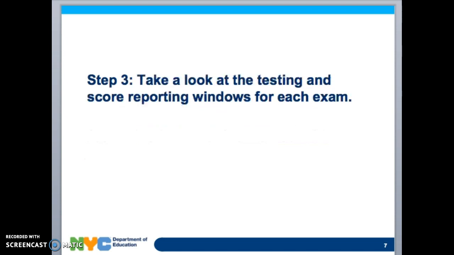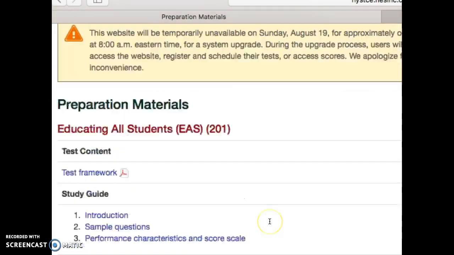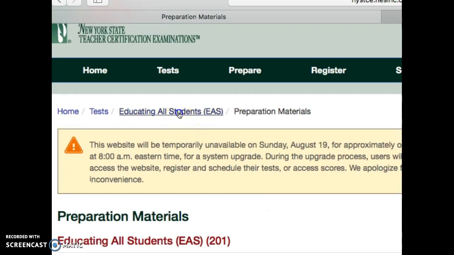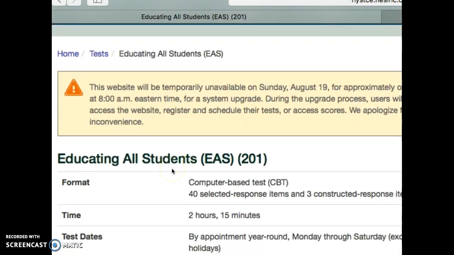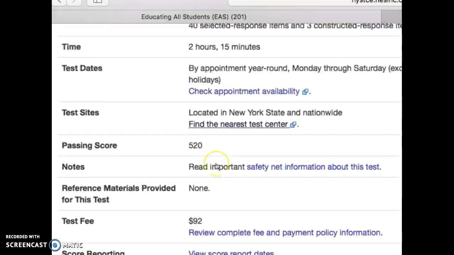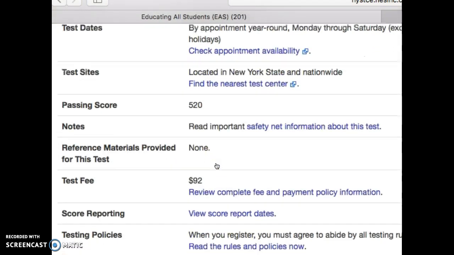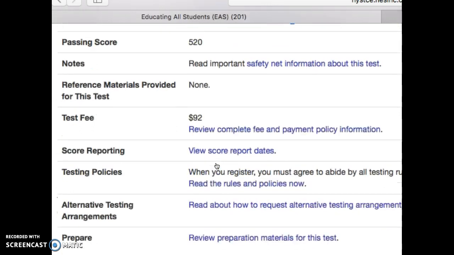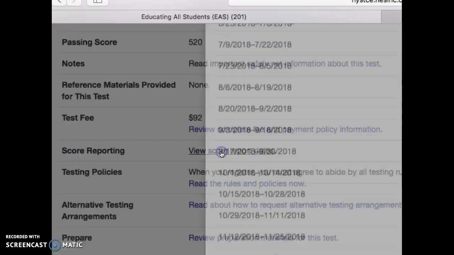Step 3, take a look at testing and score reporting windows for each exam. So back on the New York State Teacher Certification Exam website, if you look back at the EAS, you can clearly see that test dates and test sites are two options that you can click on prior to scheduling the exam. The most important thing to look at when determining when to take your exam, however, are the score reporting